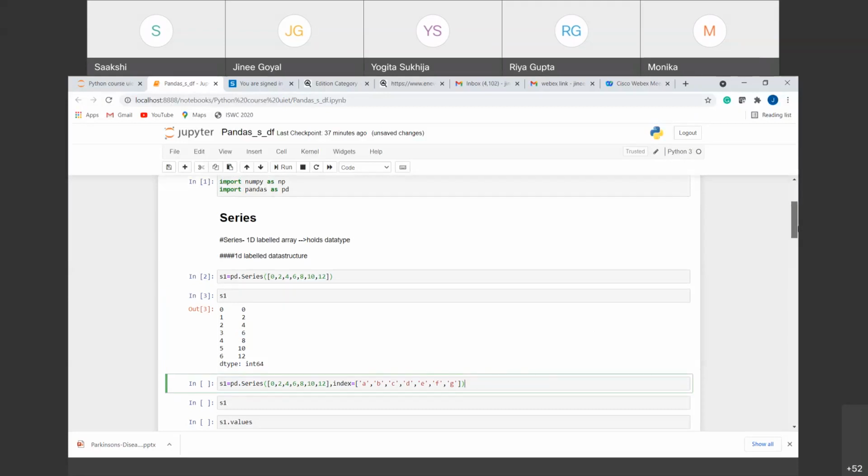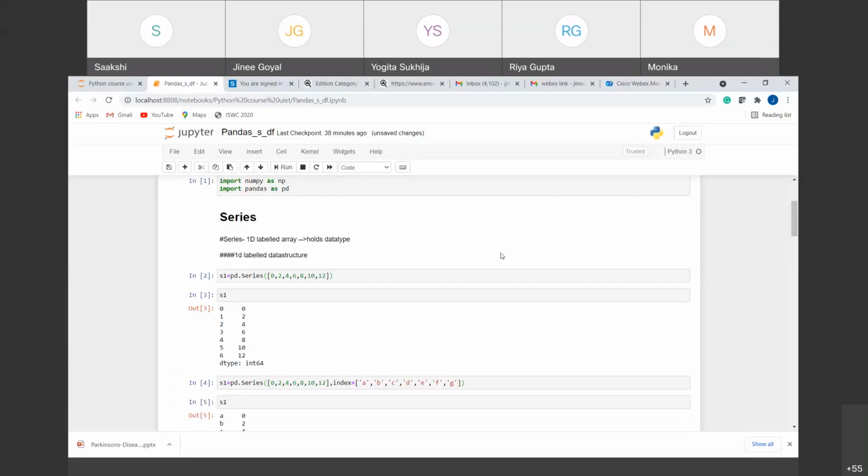Now let's suppose I want this series, but I want to change this indexing to an indexing that I can easily remember. You can name it anything. So let's suppose this S1 series is a pandas pd.Series. Inside that, the first square brackets will give us the elements that we want to add in the series, comma, next is the index, what type of index we want to give it. The number of values present in the first should be equal to the number of indexes present in the second, right? So you can give the indexing like this, manual indexing.